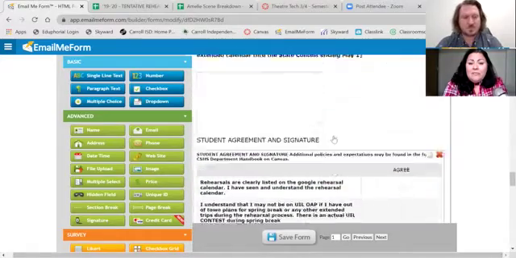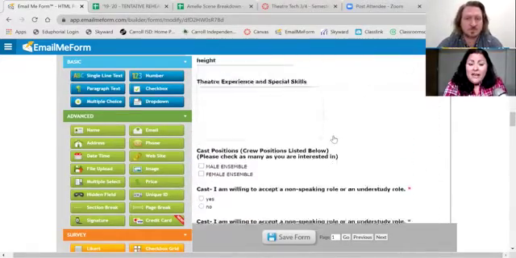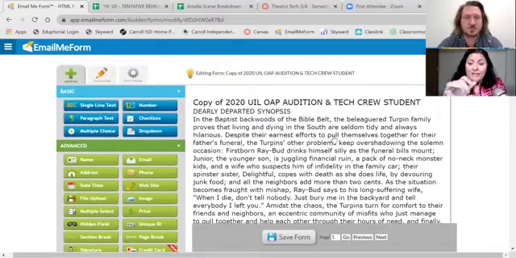And like I said before, I can pull all of this information into an Excel spreadsheet, and I can say, okay, for this Excel spreadsheet, I want the name and I want their t-shirt size. Boom, it's a spreadsheet, and I send that to whoever is taking care of t-shirts. If I need all the bios, I just pull all the bios, and then I can have someone go through them.